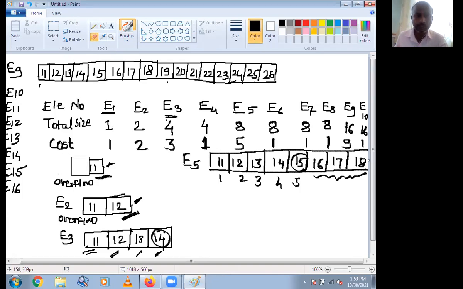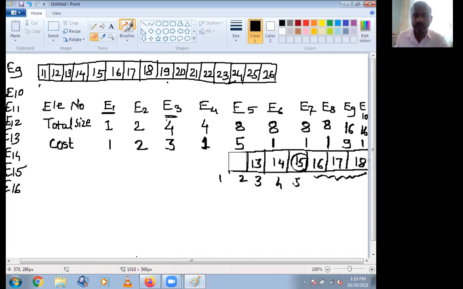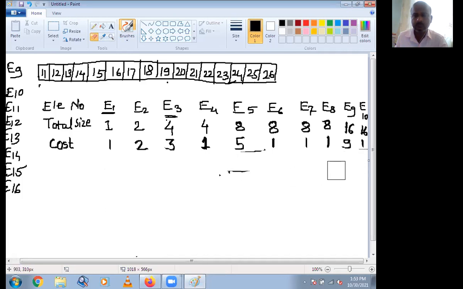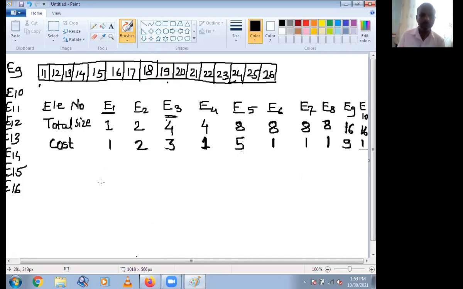And we should calculate the amortized cost of these costs or total size. That is, amortized cost is equal to total cost divided by number of elements.